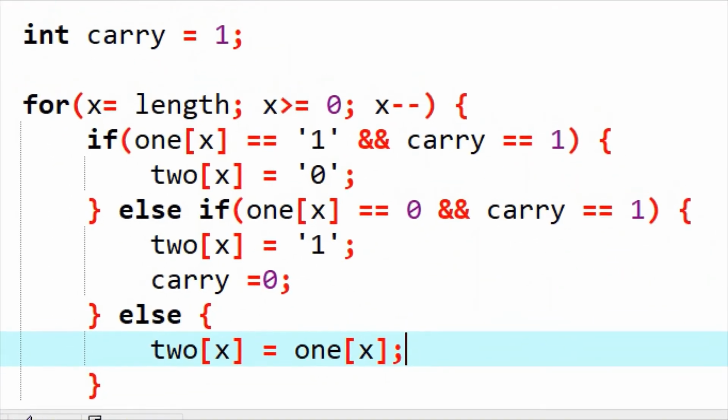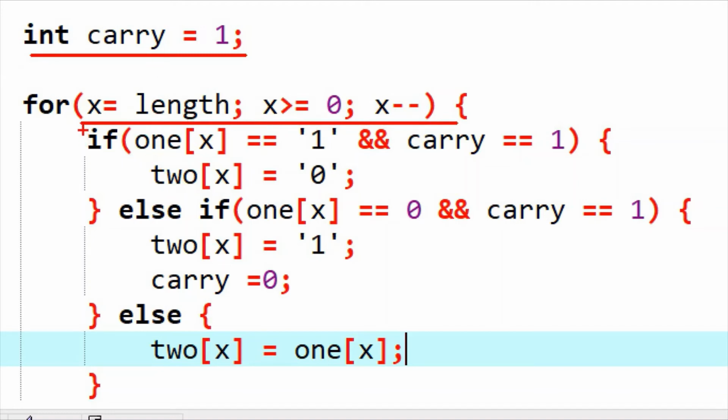Okay, let's discuss this logic. When we have the 1's complement, we will have to add 1 bit to it. For this purpose, we go through the array in reverse order, because the 1 bit will be added at the last index.